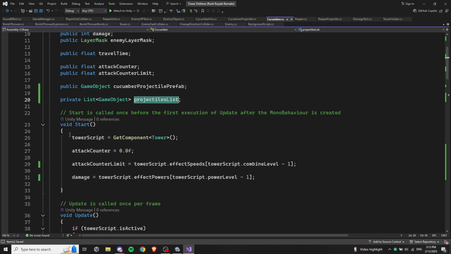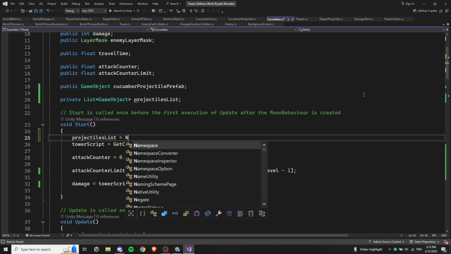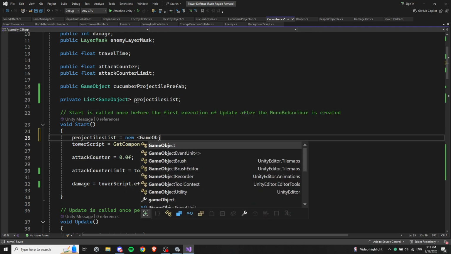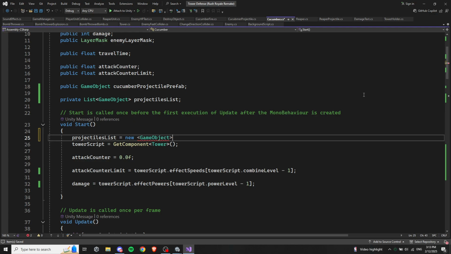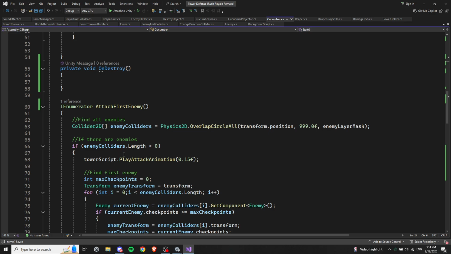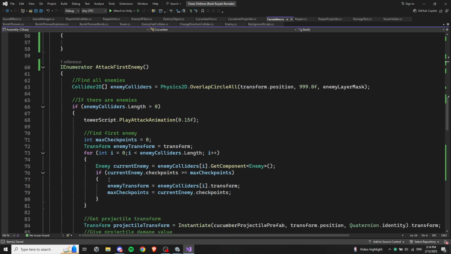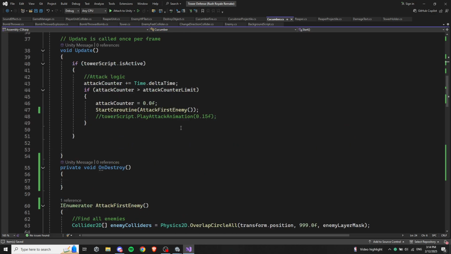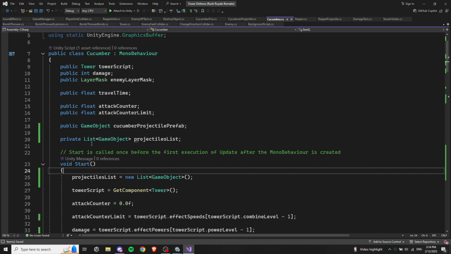And let's create this in the start function. It's equal to new list of game objects, like this. So now it's an empty list, and we add these projectiles when